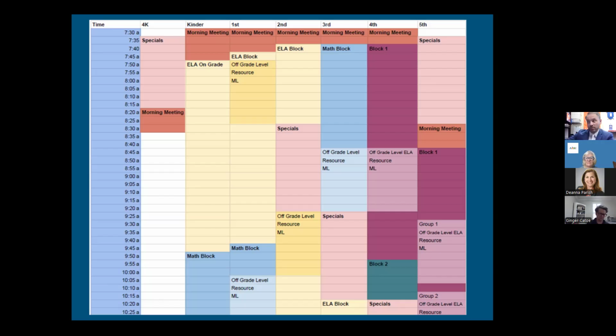And then they go from that to specials with them. And then they come back and they do their stuff in their self-contained classroom. But both of those teachers have created their schedules so that they can work into our master schedule as well, which really works for us because if we need them to help us offload some higher numbers and resource, they're able to help us with that piece as well.